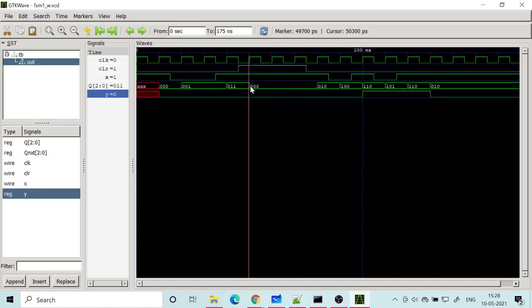Okay, so only then it is resetting, otherwise it should have reset here. If it was asynchronous reset, it would have been reset here, but it is not resetting, the output is 0 1 1. But when you come here, it is resetting to 0 0 0. Okay, another thing, compared to the last program which I showed you, there I have put an initial block to set the state of the flip-flop inside the module itself, which I have not done this time.